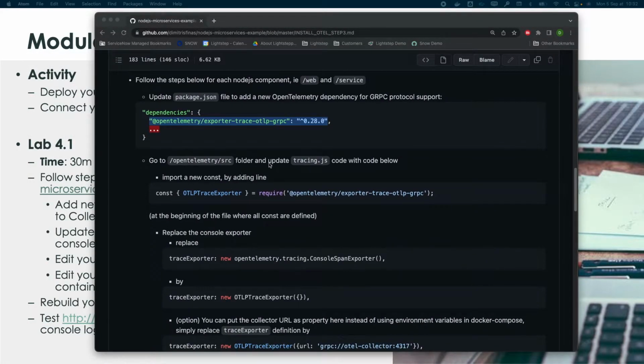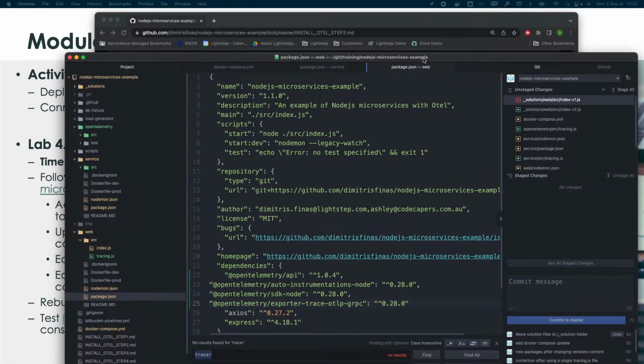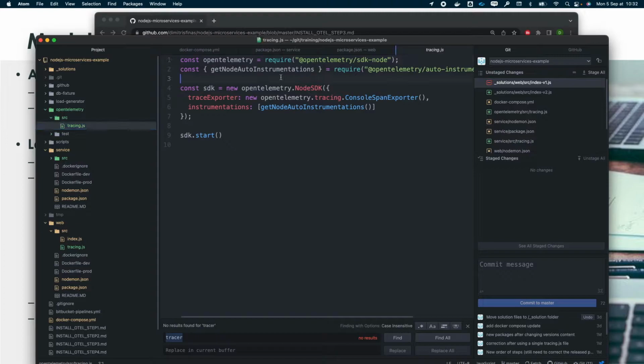Next step is now to update the tracing.js in order to export no more to the console output, but to export directly to gRPC and to the collector. So first, we'll add a new const here.